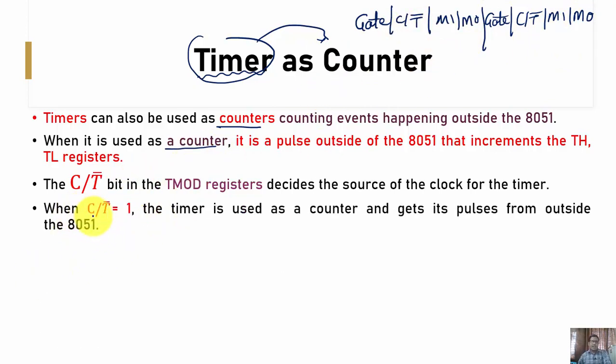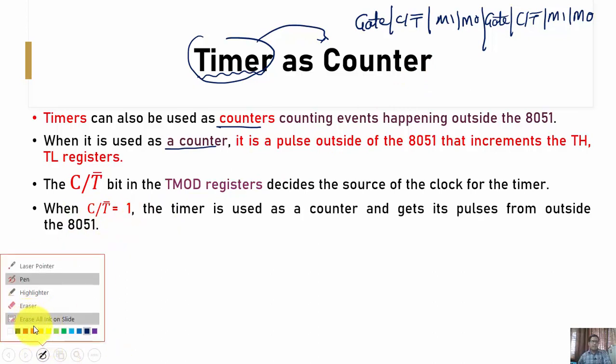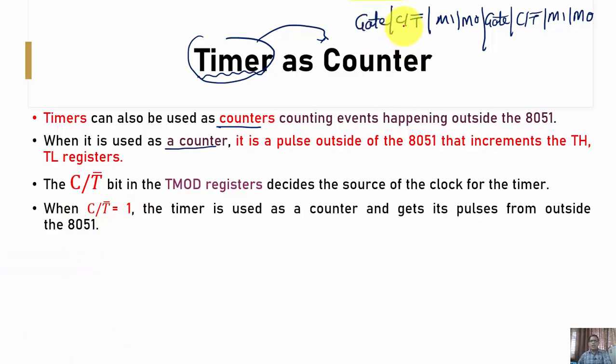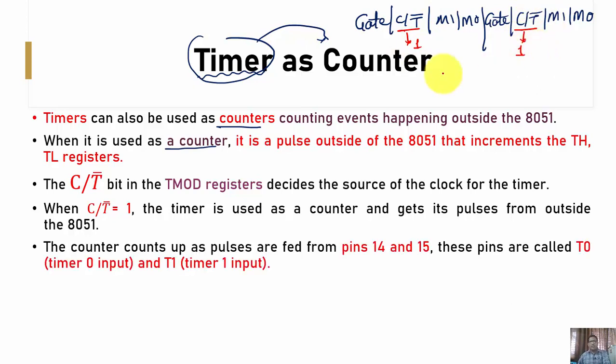When C/T bar is 1, the specific timer works as a counter. If I make this bit 1, then timer 1 will work as a counter. If we make this bit 1, then timer 0 works as a counter, right?